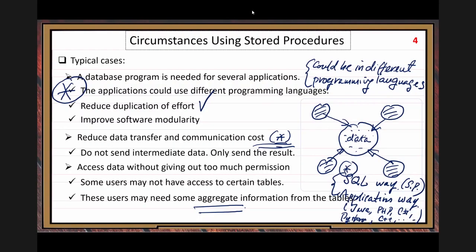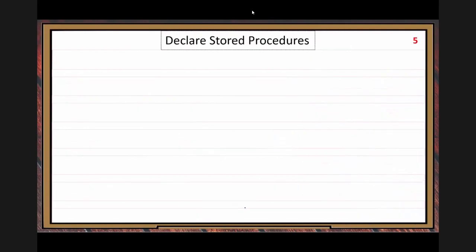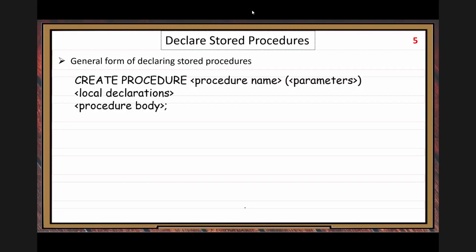Then at the end, just 2 minutes, let me show you the format of the stored procedure. So we finished this part. The general form of declaring a stored procedure. The first one, the void type, without output. We use this way. Look at the typical format.